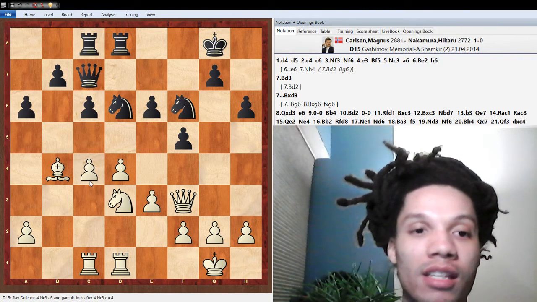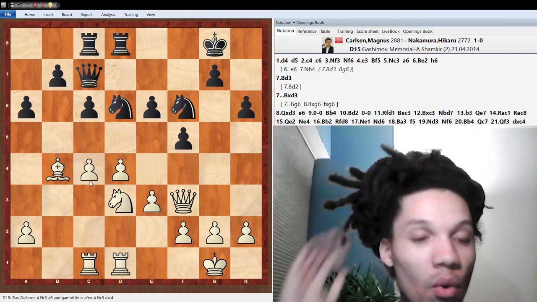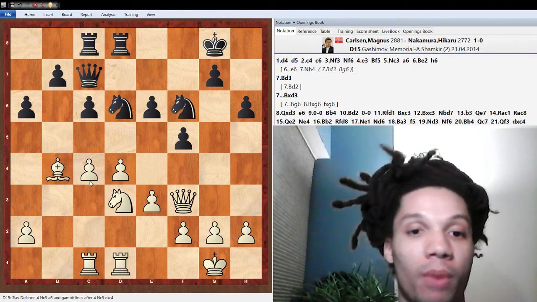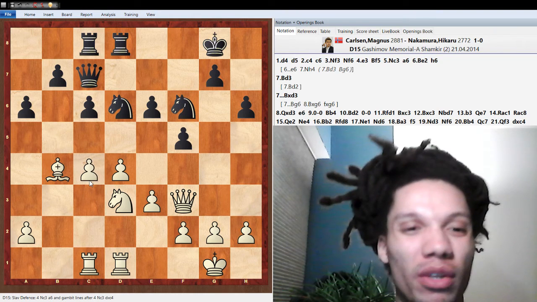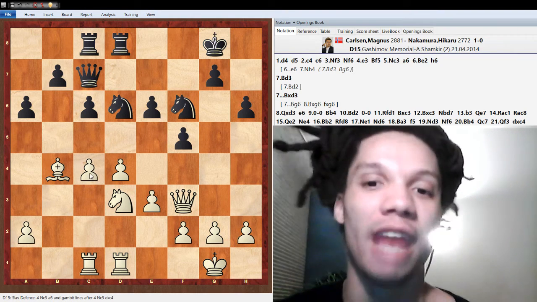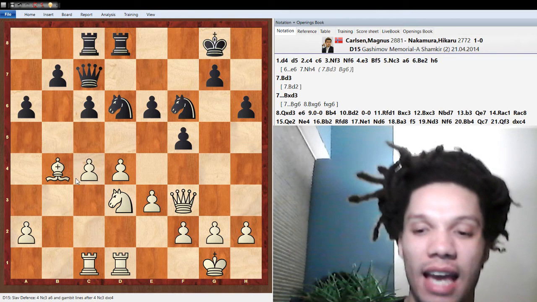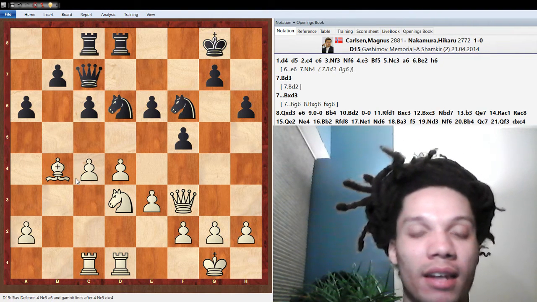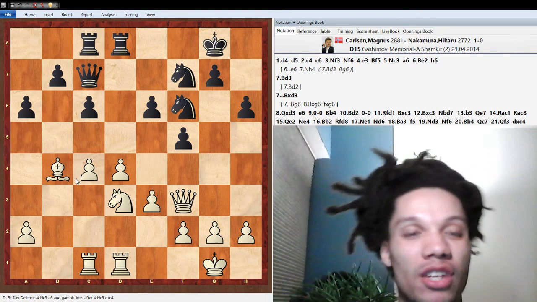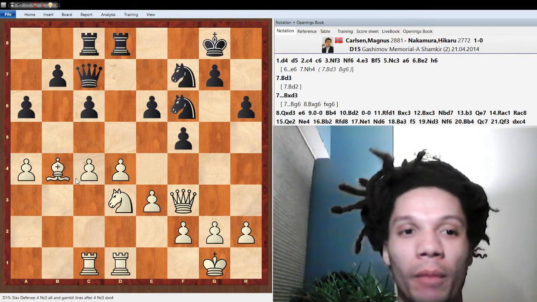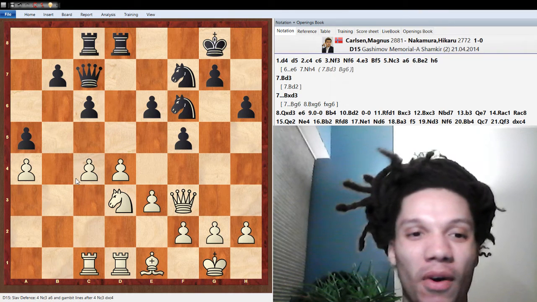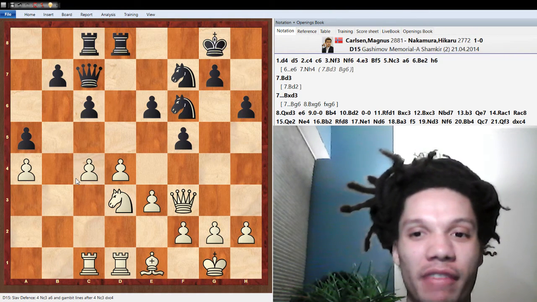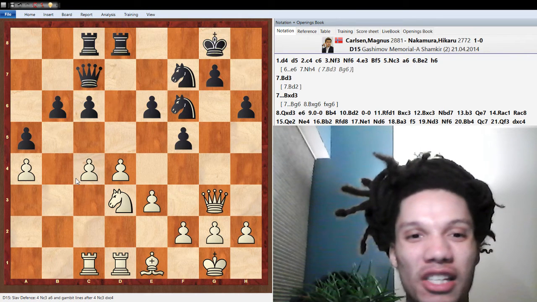Because after d takes c4, b takes c4, white clearly has the superior pawn chain, and there's still these weaknesses on the fifth rank, c5 and e5 and the like. And so Magnus goes on to have a very easy game, and after knight f7, he just continues to squeeze, playing a4, a5, bishop e1, and again there's these targets on the fifth rank, a5, c5, e5, and after b6,